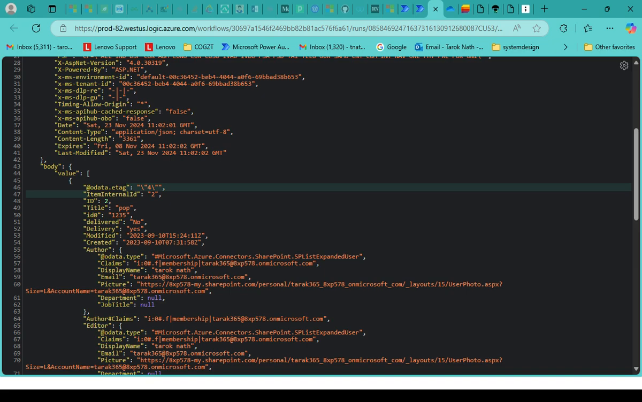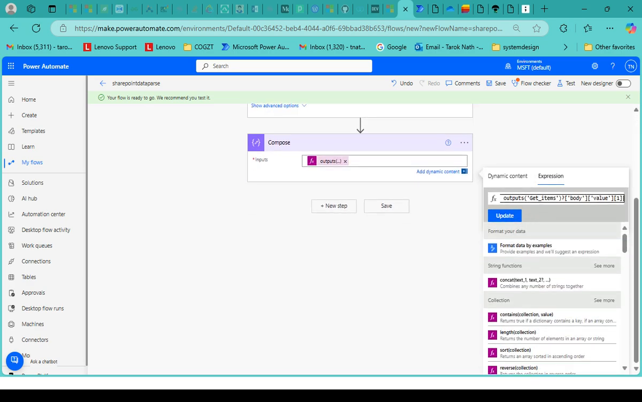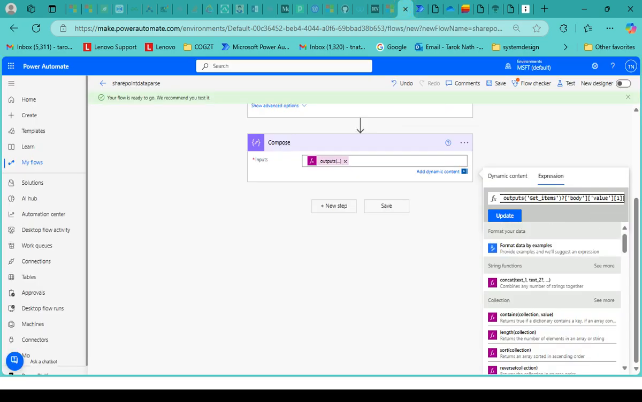Suppose you want to read a value from this JSON. Ideally you will use a JSON parser, but that is a little tricky. So I will give you a simple expression which I have shown earlier, that will be very handy to extract the values. I will be taking a Compose, and this is the expression which I have created: body and value, which you will be passing like this, and then you will be passing one more,